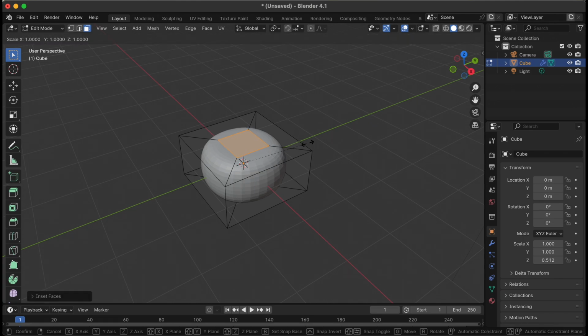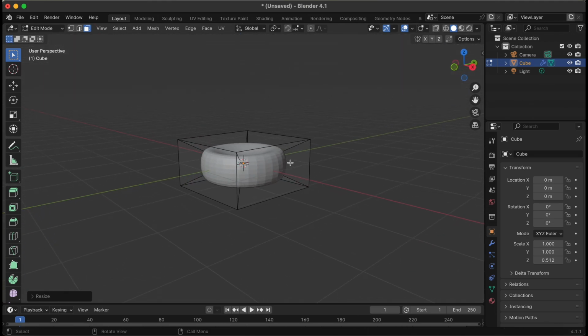We then scale down the z-axis with the selected faces, of course, thus creating that flattened, depressed center. That should be fine.